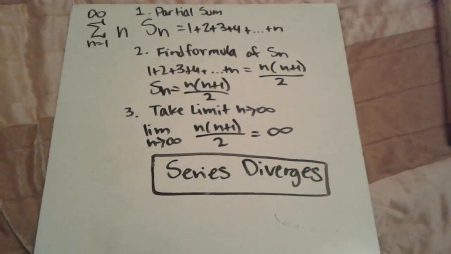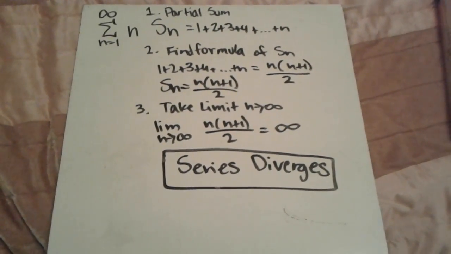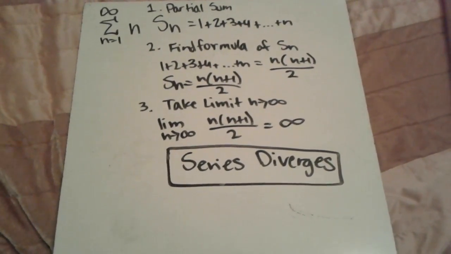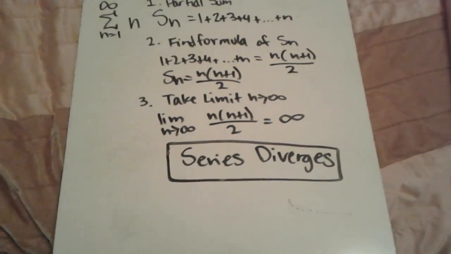And then the third step would be the limit of n approaching infinity. And so when you set this up, it would be the limit as n approaches infinity